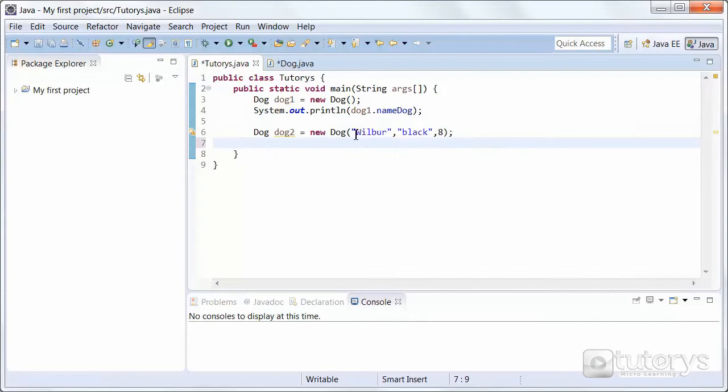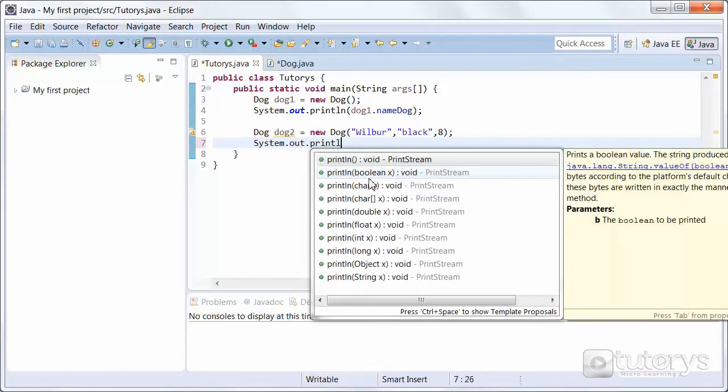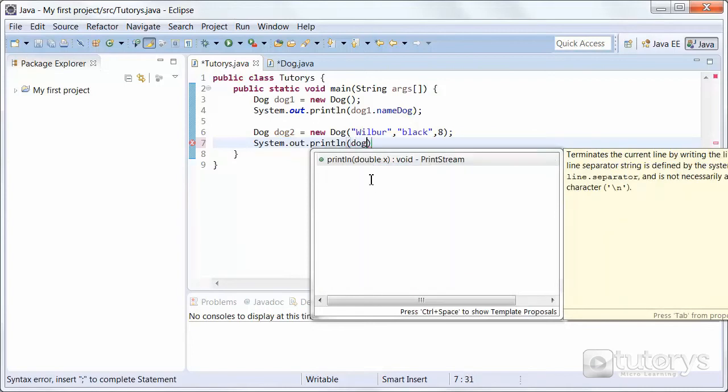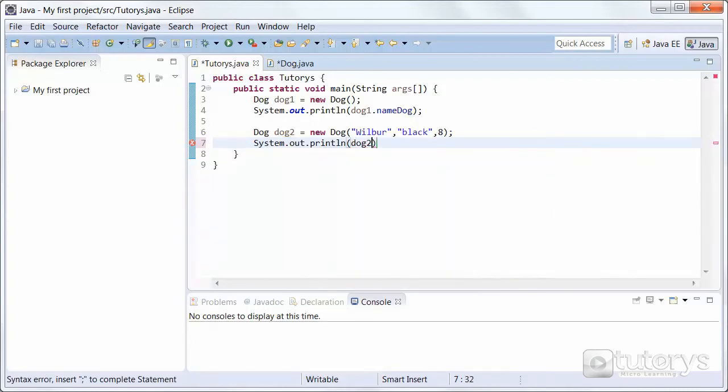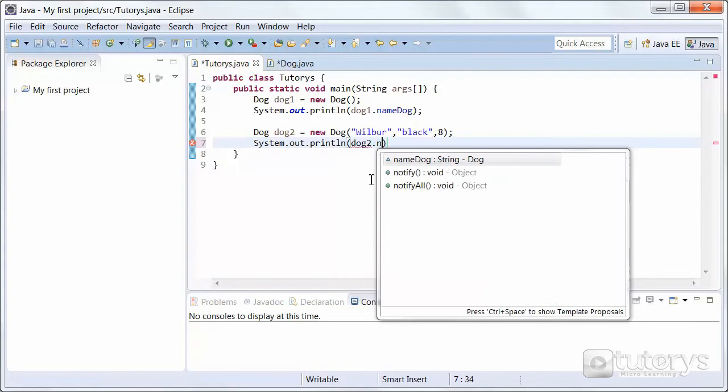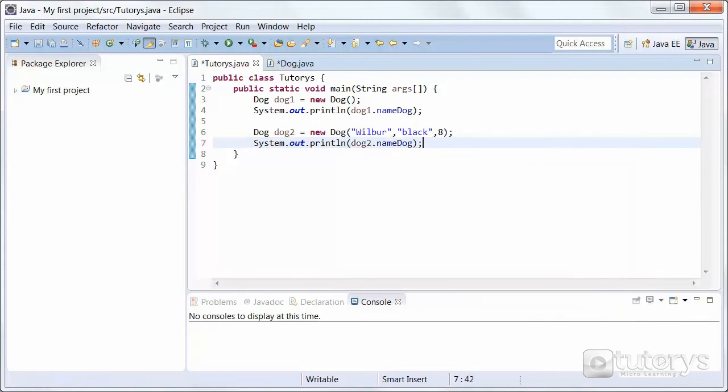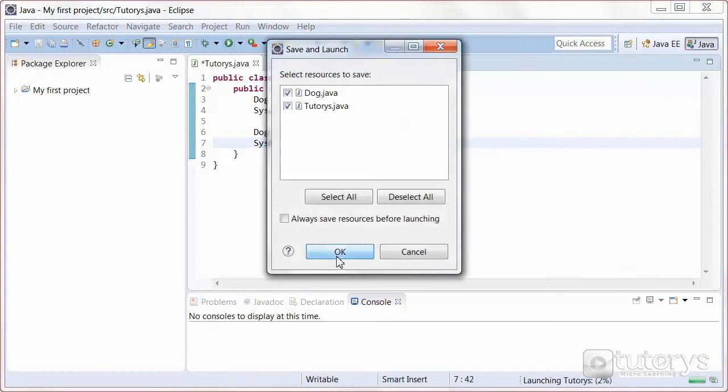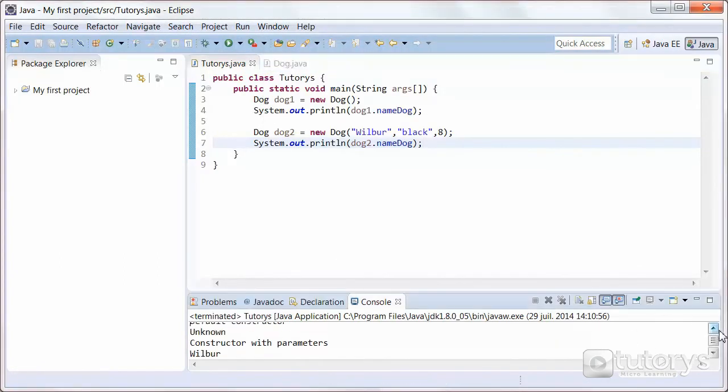In this case, we've named the dog Wilbur, so that's the result we should get if it works. System.out.println, the object dog2 in this case, and then nameDog, like so. Let's run the program and see if it will display these values, and as you can see it does